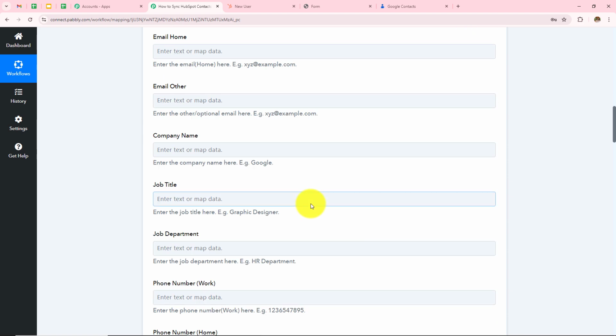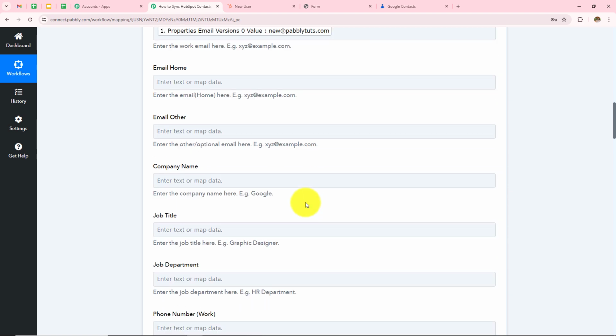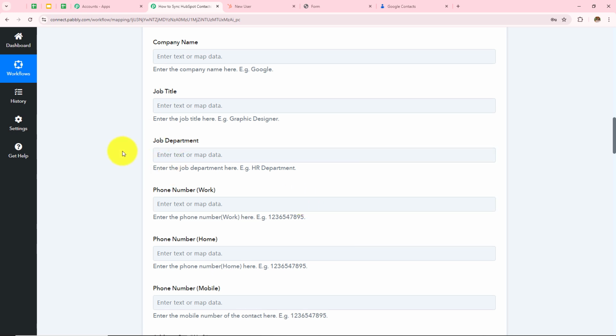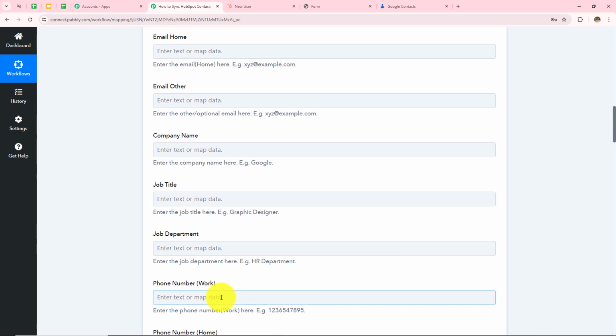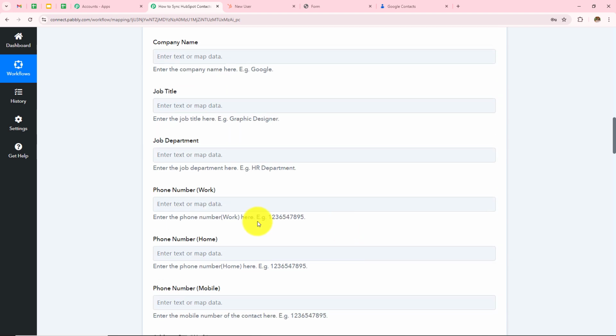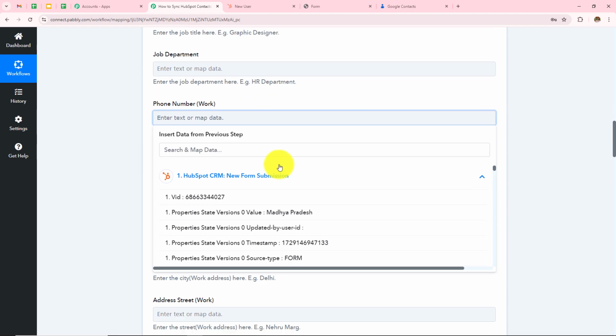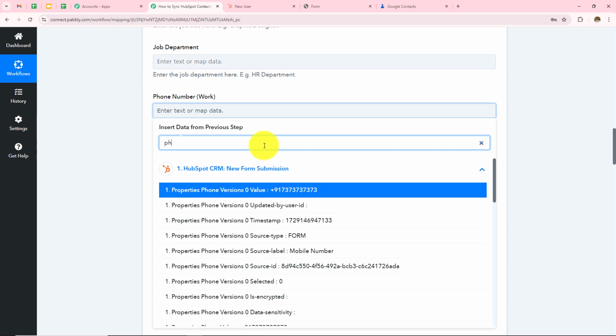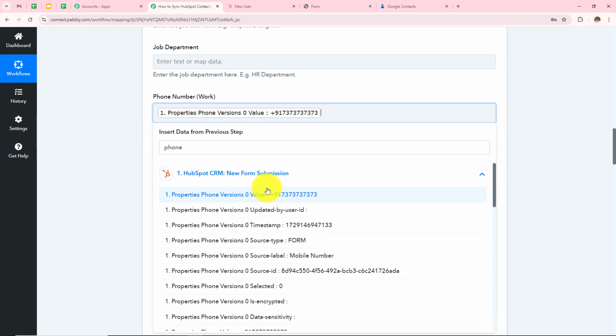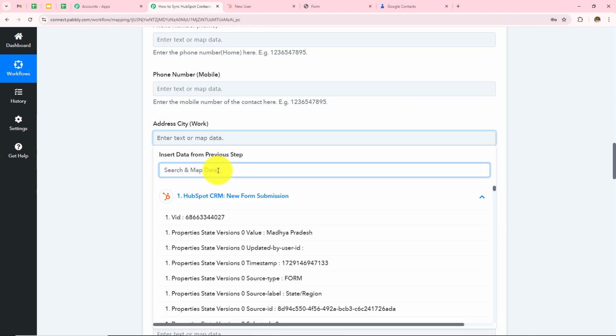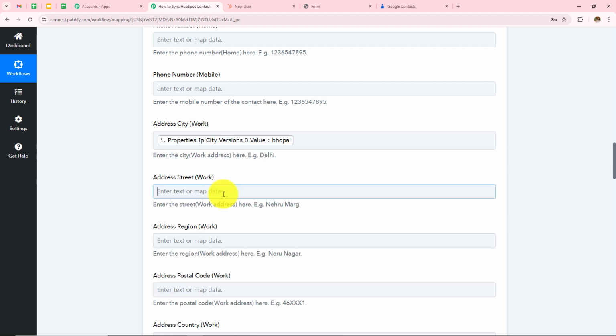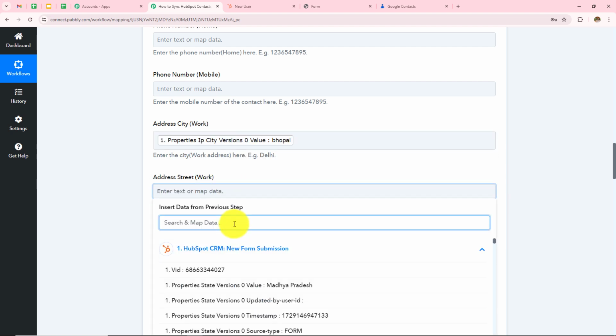new@pabblytudes.com. Now as I have not received any response for the company name or the job title or the job department, so I am going to skip this, and these are also not the required fields. So next I am going to enter the mobile number that I have received from the HubSpot form submission, which was this one, and then I am going to enter the city as Bhopal, and then the street as Old Street,